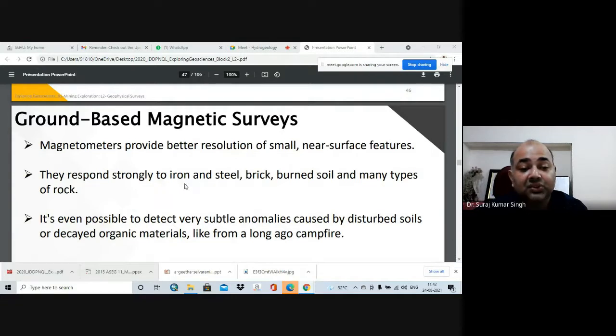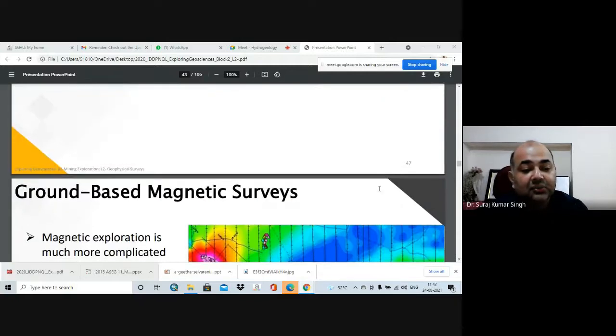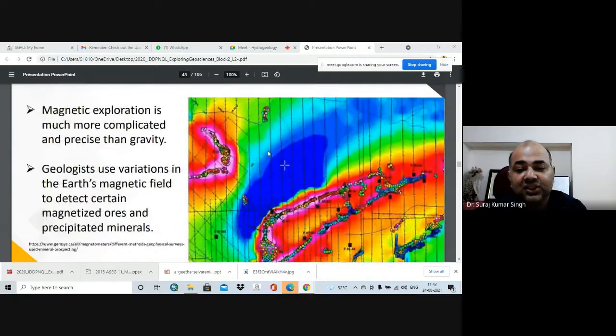They respond strongly to iron, steel, brick, burnt soils, and many types of rocks. It is even possible to detect very small anomalies caused by disturbed soils or decayed organic materials. And finally you will be getting such kinds of maps, and images will be created